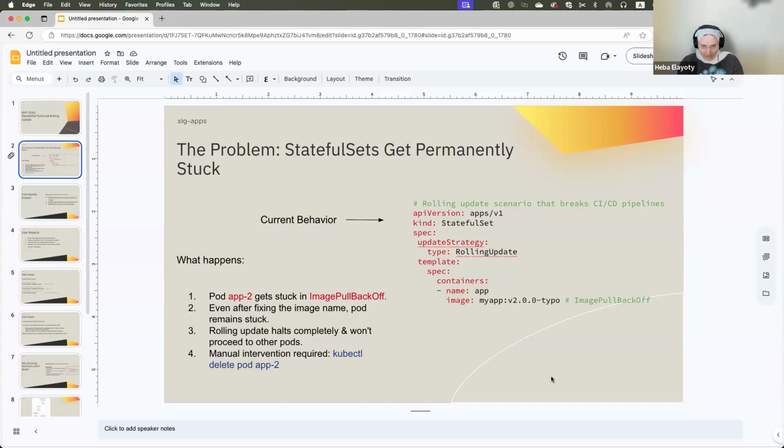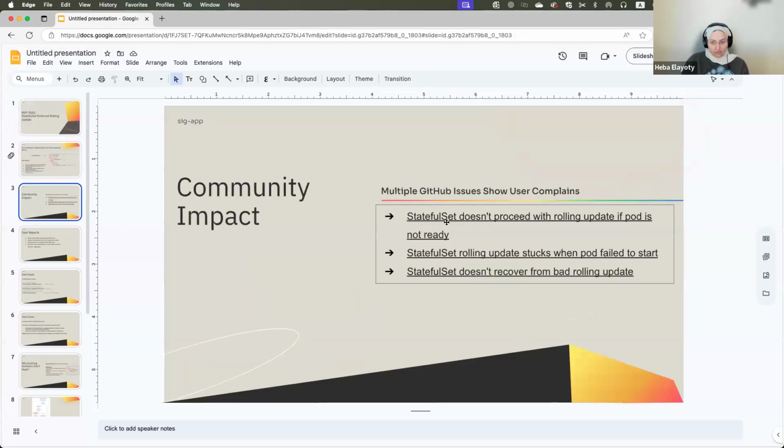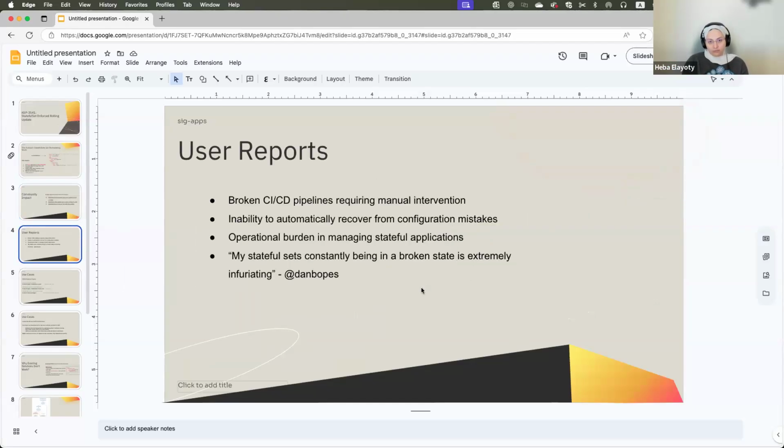This seems okay to lots of people, but if we go through some user reports, and I listed all the issues that have been opened related to this, users reported problems like CI/CD pipelines breaking because we cannot fix it automatically.